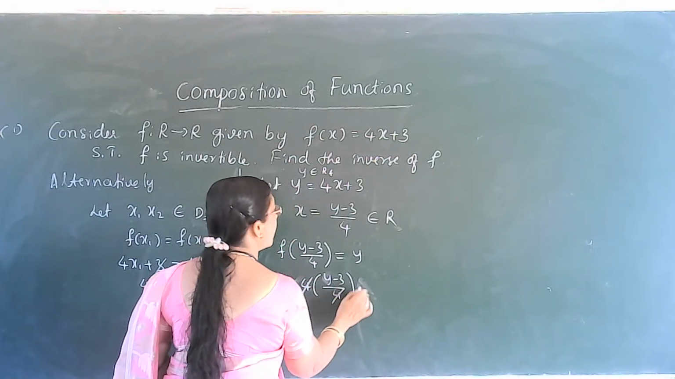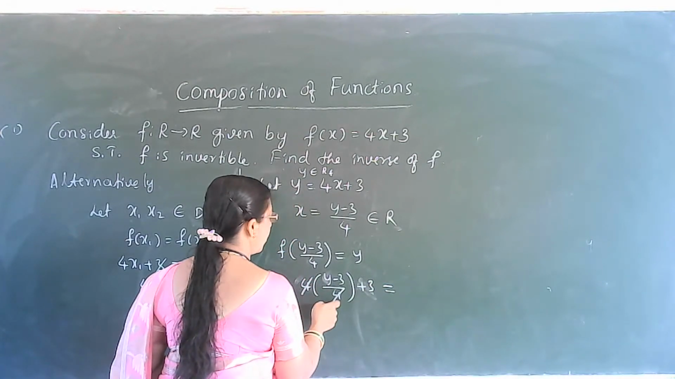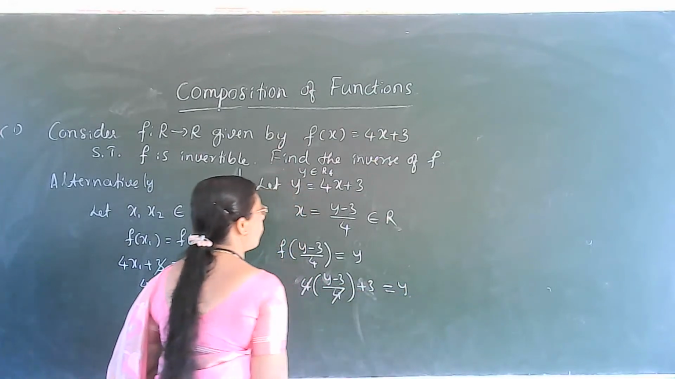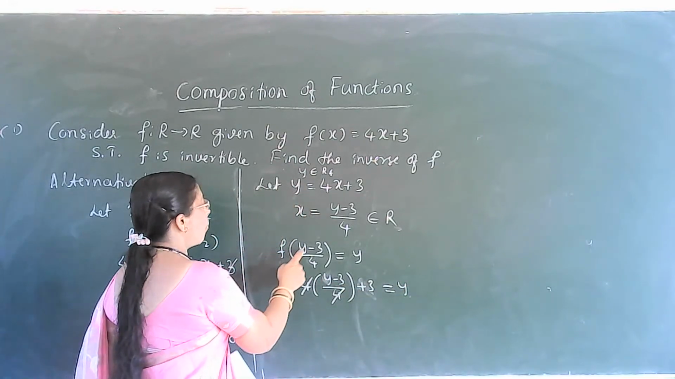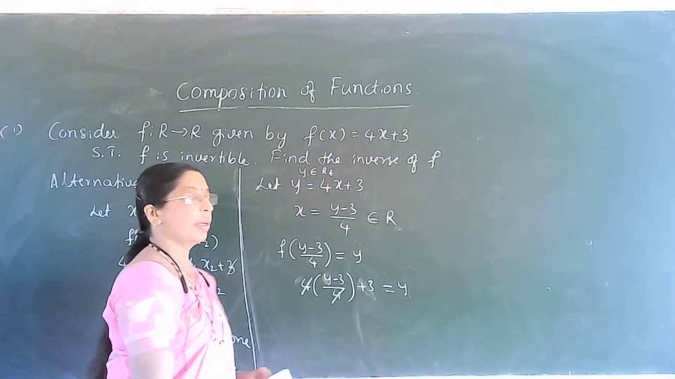4 gets cancelled, plus 3. 4 gets cancelled. Then y minus 3 plus 3 is equal to y. Therefore, f of (y minus 3) by 4 is equal to y, which means